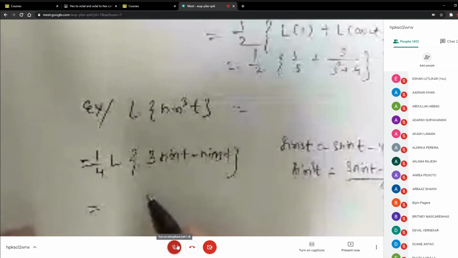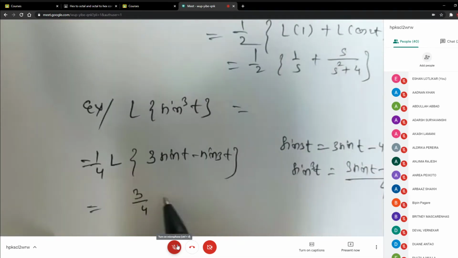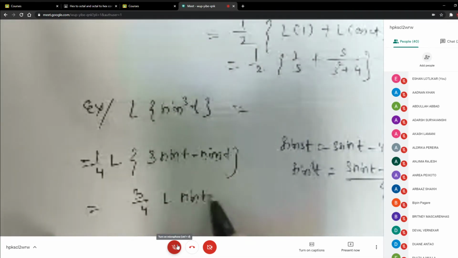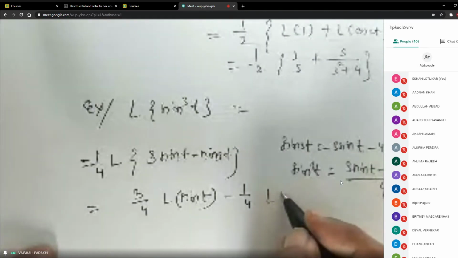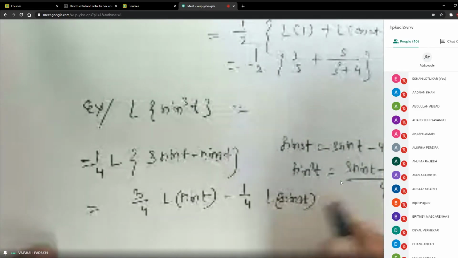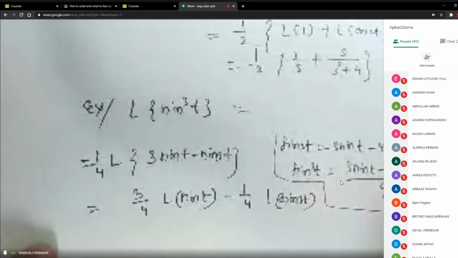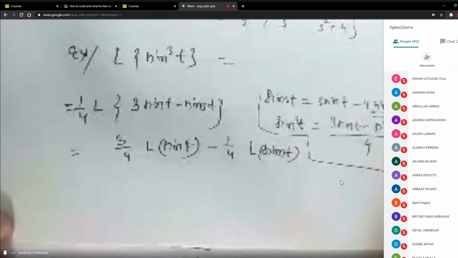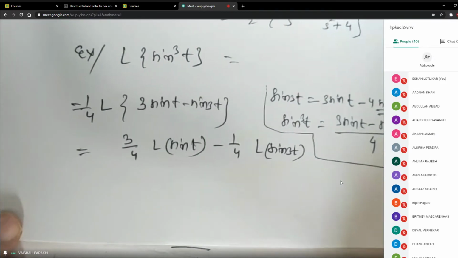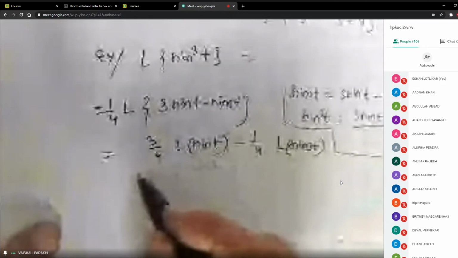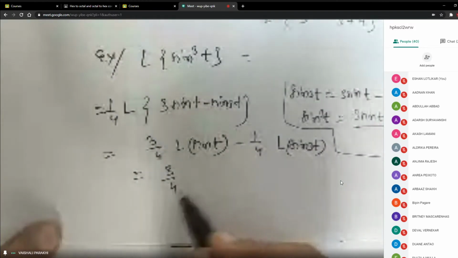And then from the first term, 3 by 4 is constant, Laplace of sine t; minus 1 by 4 is constant from the second term, and Laplace of sine 3t. I have multiplied inside by 1 by 4 to both the terms. I am using the linearity property. So 3 by 4